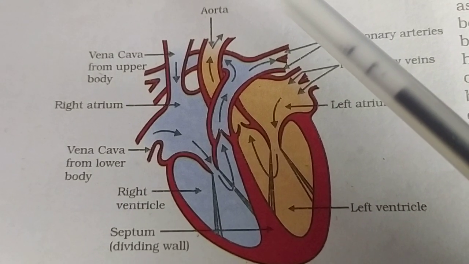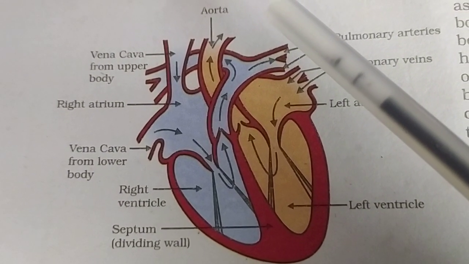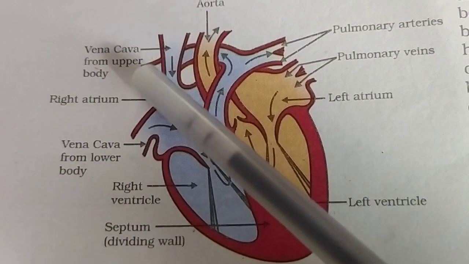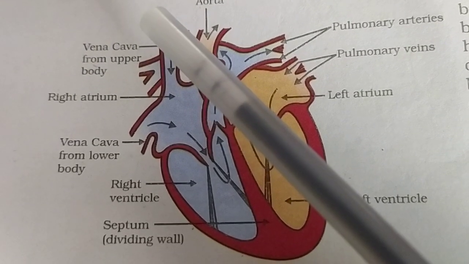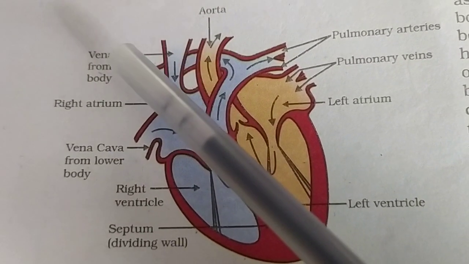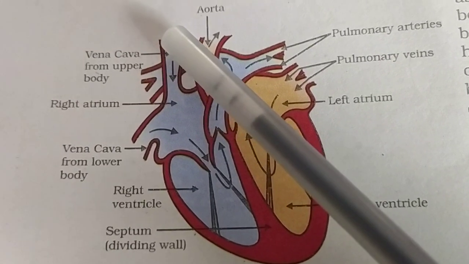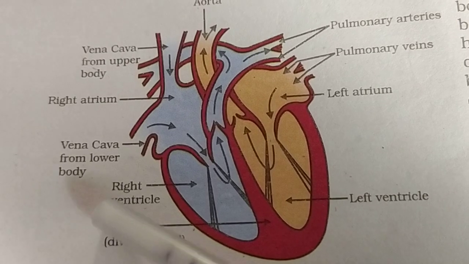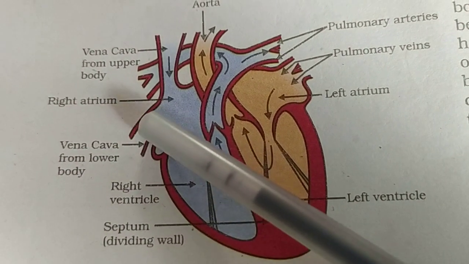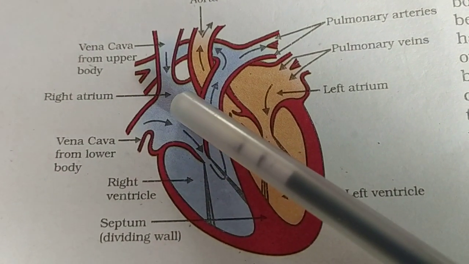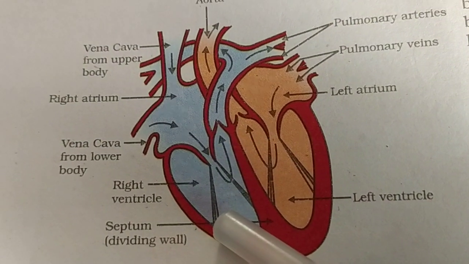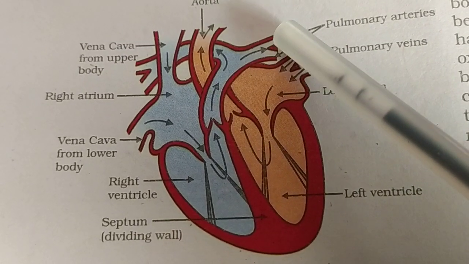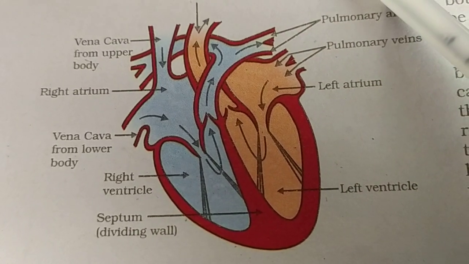When the blood is supplied to the body, it gives up the oxygen and takes the absorbed material, then again it has to pass to the lungs so as to take oxygen again. Then the blood is collected by the vena cava, from the upper body parts. This part is called the superior vena cava, and from the lower body parts, this is the inferior vena cava. It has to come into the right atrium, then the right ventricle. Again it has to pass through the pulmonary arteries to go back to the lungs for getting the oxygen.